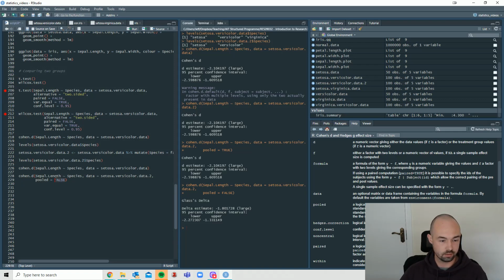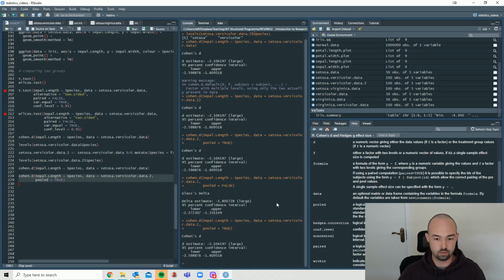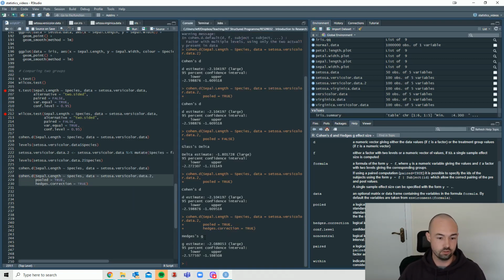I can change pooled back to true for our traditional Cohen's D, and if you go to my website you will find the formula for these there, or you can look up yourselves the formula for Cohen's D, Hedges G and Glass's delta. So we'll go back to the regular Cohen's D, and I'll use Hedges correction, and you can again see it's Hedges.correction. So Hedges correction equals true, and if I run this, I'm going to get Hedges G. You can see Hedges G, different effect size again, and what Hedges G does,